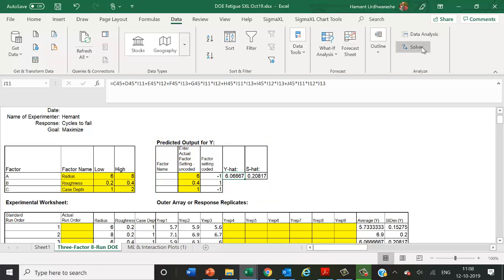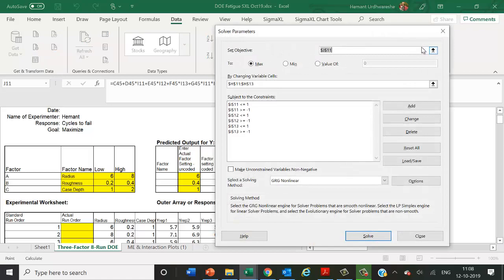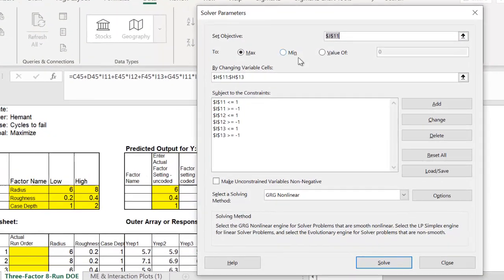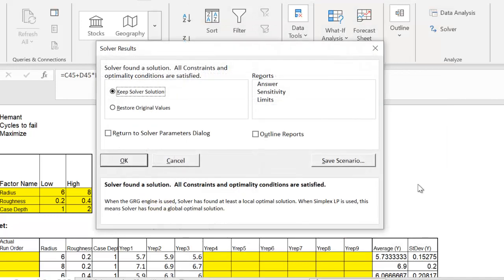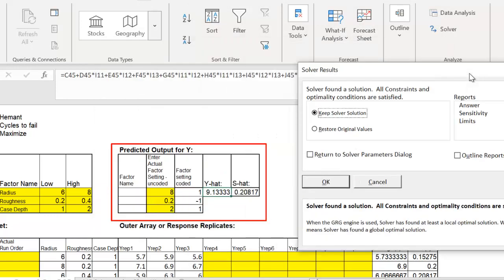So we start with these values and go to Excel solver. When we click on the solver, Sigma Excel has already made the choices for us, and we just have to ensure that it is maximized and then click on solve and then keep the solver solution, and you can see the solution there, that radius 8, roughness 0.2 and case depth 2 is the solution that Sigma Excel has given.